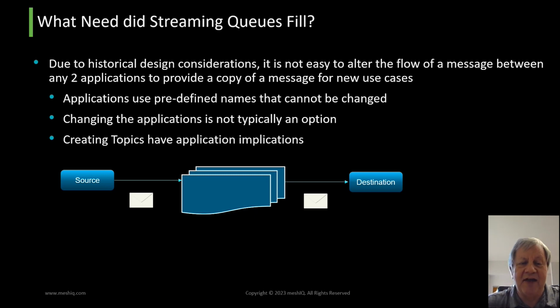Similarly, the applications themselves, you could have changed them. We can go out and we can change the name of a queue, but gosh, that's pretty hard because again, the applications probably didn't think about externalizing that when they wrote them and saying, I can allow somebody to overwrite the name of this queue, right? So they didn't allow for that either. And you could create topics. That was another thing that came around and you could do it. But that meant changing some of the behavior of the applications and adjusting or allowing for different conditions that applied. And that, again, was not a feasible solution. So people were looking for an alternative, for something to address that.